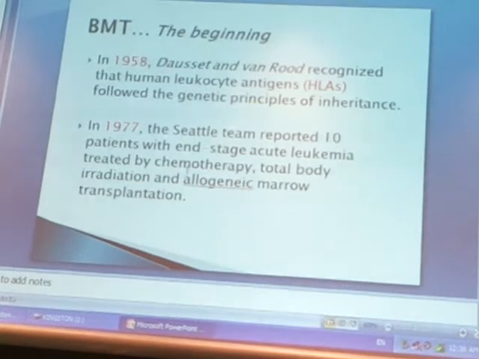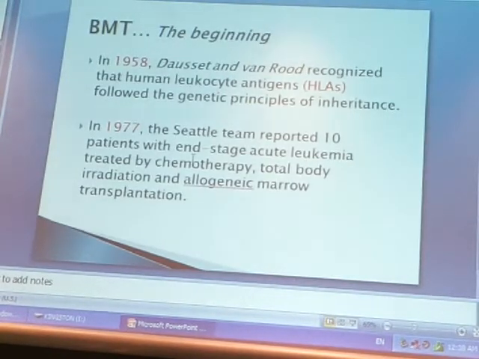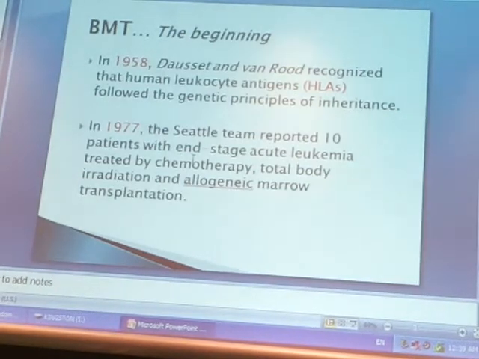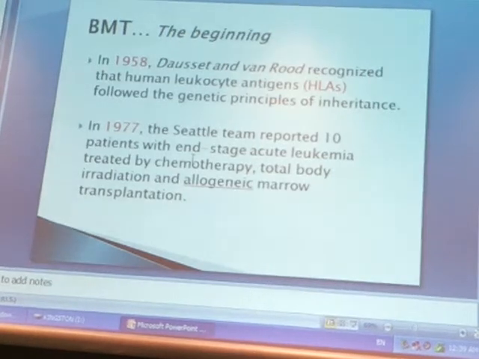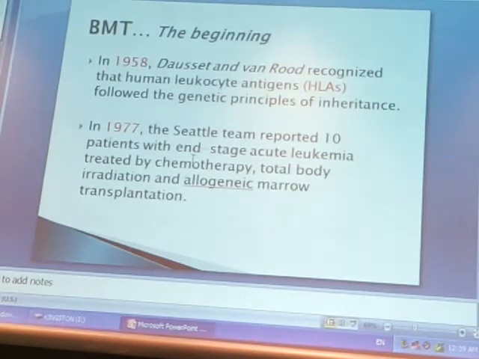Okay. Later on, they discovered the HLA system. You know what's the HLA system? What's the HLA system? Human leukocyte antigen. And they found that getting stem cells from a donor that has the same HLA system, a matched donor, gives a better quality of transplant, and the patient survived. So they started